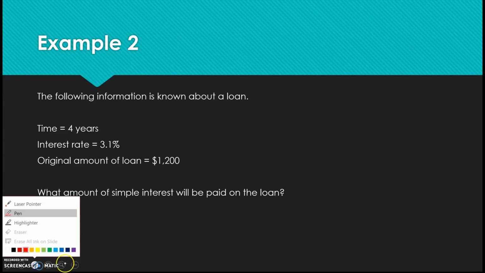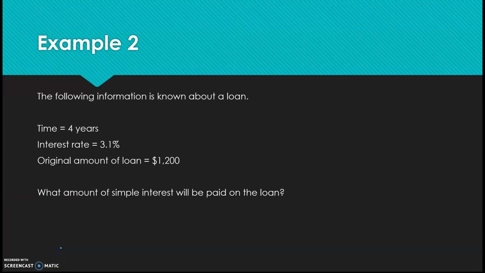So here's another example. We have the following information is known about a loan. The time is 4 years. The interest rate is 3.1. The original amount of the loan is $1,200. So again, we have interest is principal times rate times time. The principal, it says, is $1,200. The rate is 3.1. So we go to the left 2 places. So 0.031 and 4 years. So I'm going to go ahead and multiply 1,200 times 4. So 12 times 4 is 48. So 4,800 times